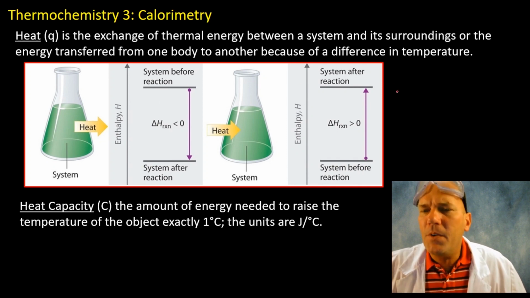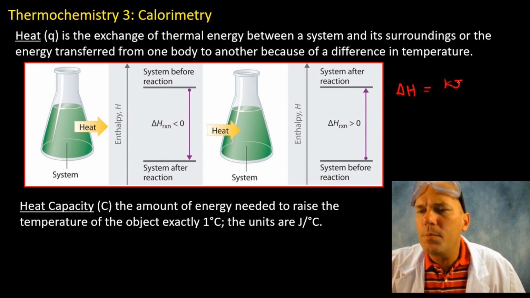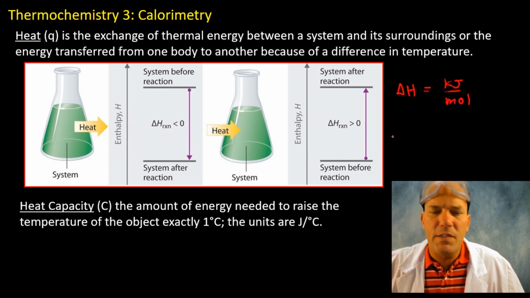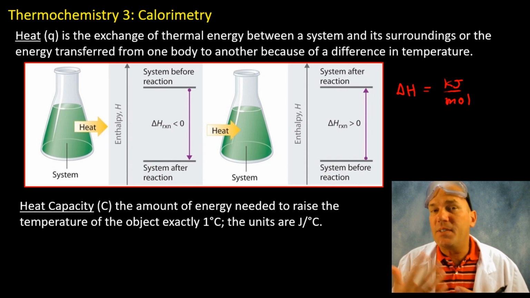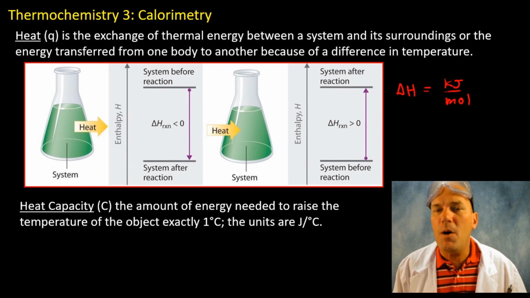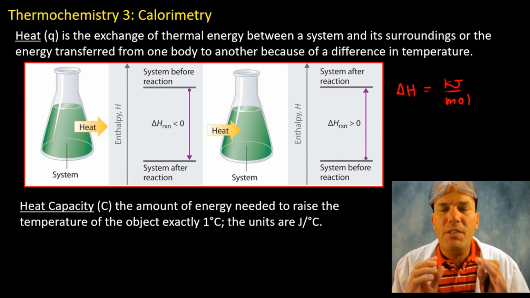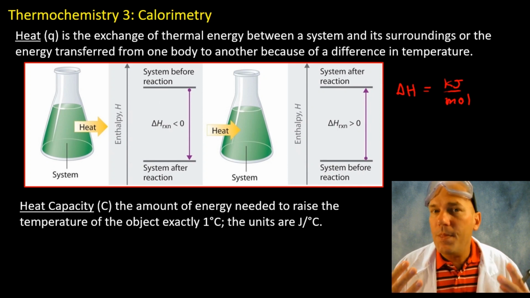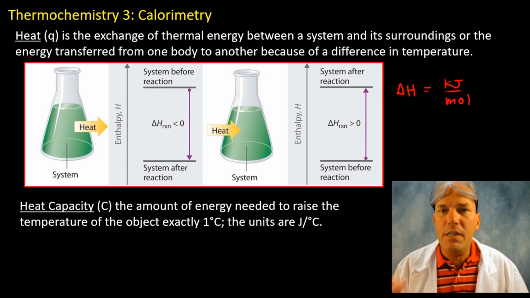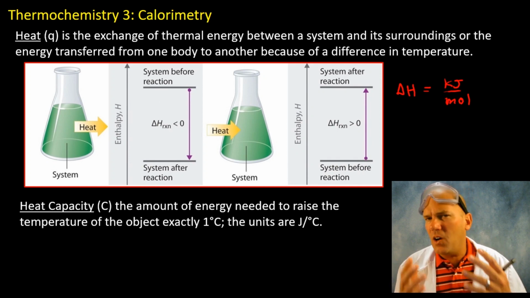So that would be the first thing I would really make note of: change in enthalpy is kilojoules per mole, whereas heat and heat capacity and specific heat capacity, which I'll define in a moment, are expressed in terms of the joule. There are 1,000 joules in 1 kilojoule, and that is one mistake that is often